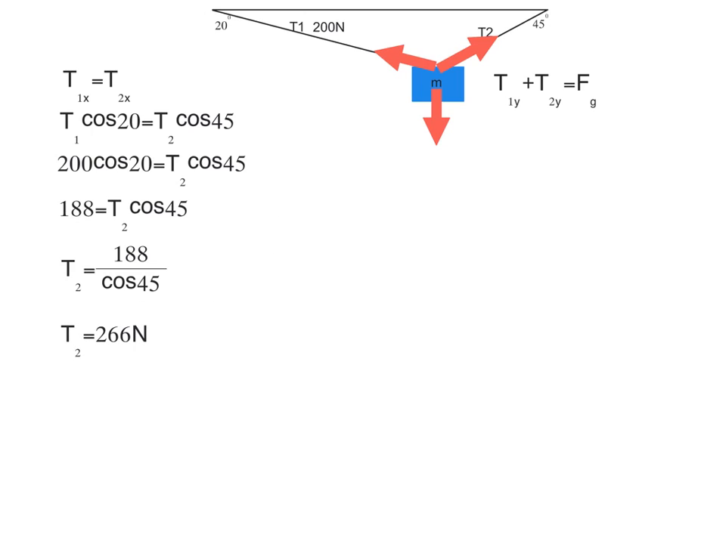There we go. We just came up with one of our answers. So we can put a little box around that, yep, this is one of our answers right here. Good. So now, since we have that this is 266 newtons, we can insert that value into our T2y. We can get T1y, and now we can figure out the force of gravity. And if we know force of gravity, we can get the mass by dividing by 9.8, which is the constant